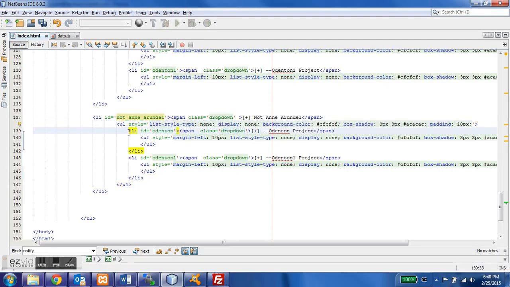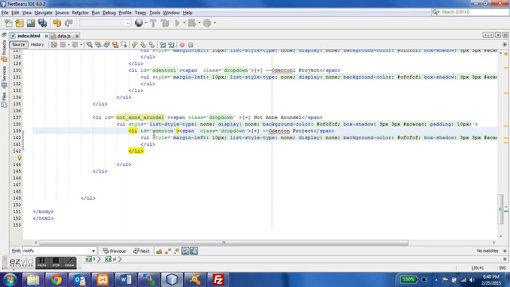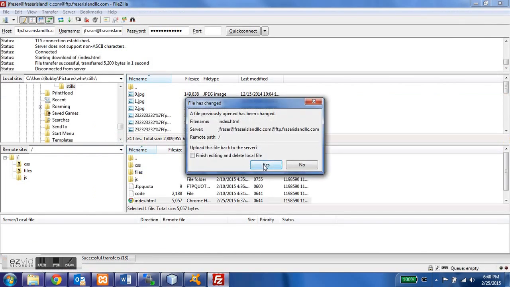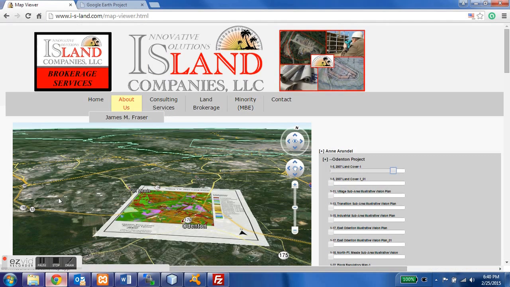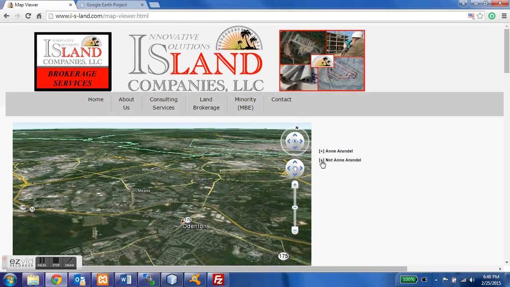So with it being not Anne Arundel, to get rid of one of those lower lists, you copied between the LIs again, and we're going to change this item to not Odenton. Now, that's the name that shows, and where it says ID equals is the actual name of the list. Now, keep that name of the list in mind and make sure it's different from all the other ones. So you're going to save and then go back to FileZilla, and it's going to prompt you to upload it, which you'll say yes. So right now, that gives you a new list, and as you click this, you'll see nothing comes up,